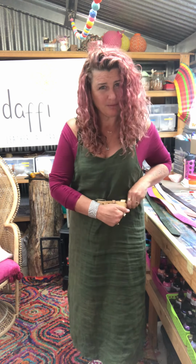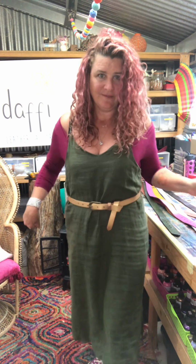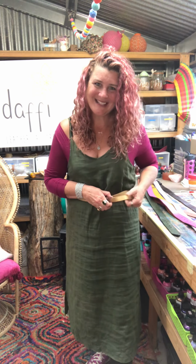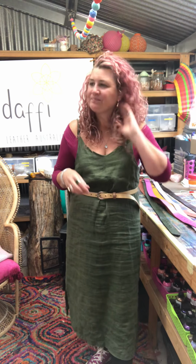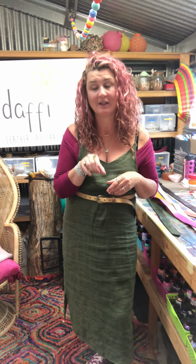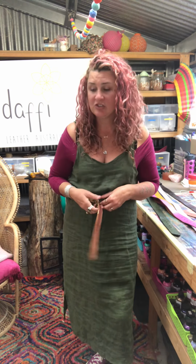But yeah, it's a nice little thin belt. Some people like something a bit more petite and thin. There's that little feature. If you don't want that extra length, just tell me. I can customize anything for you. In terms of customization and notes, on the website, when you put your products in the shopping cart, at the bottom of the shopping cart there's an area called notes. In the notes, you put in anything you need to tell me there. Any customizations,